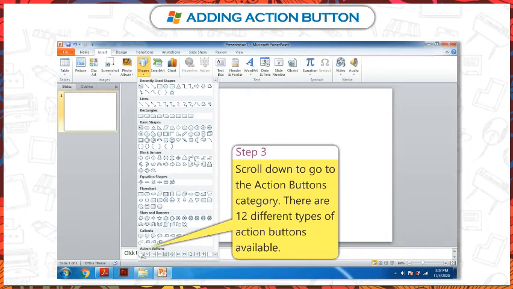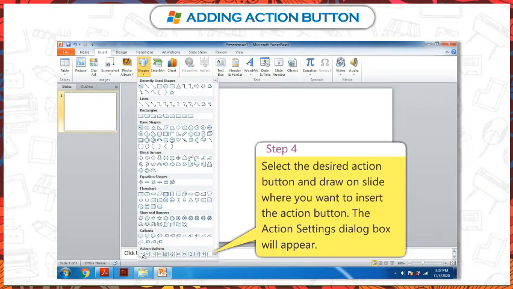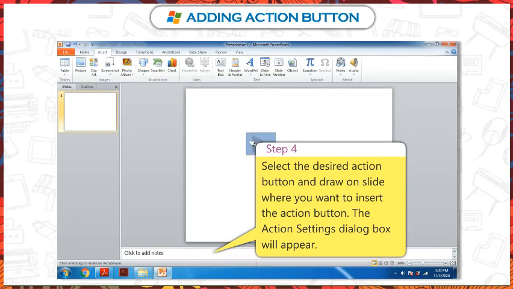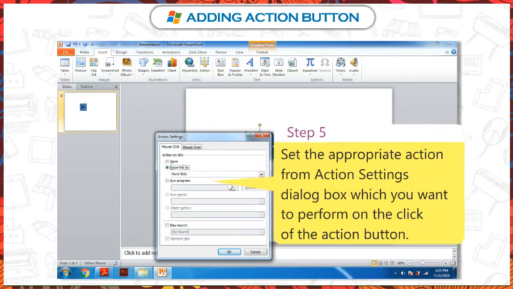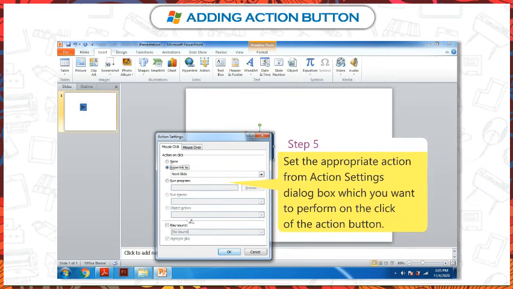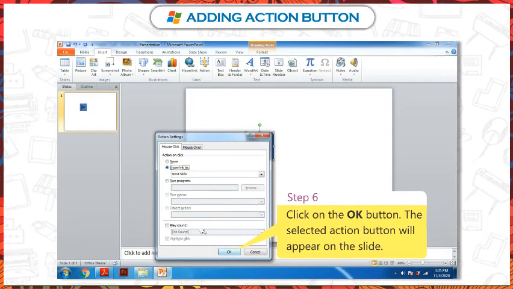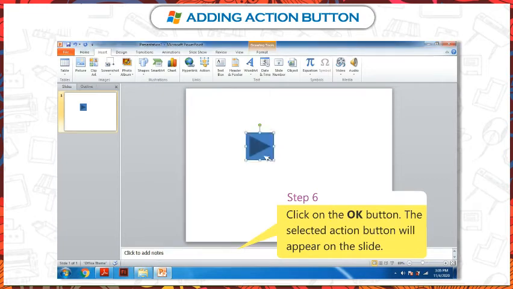There are 12 different types of action buttons available. Step 4. Select the desired action button and draw on slide where you want to insert the action button. The Action Settings dialog box will appear. Step 5. Set the appropriate action from Action Settings dialog box which you want to perform on the click of the action button. Step 6. Click on the OK button.